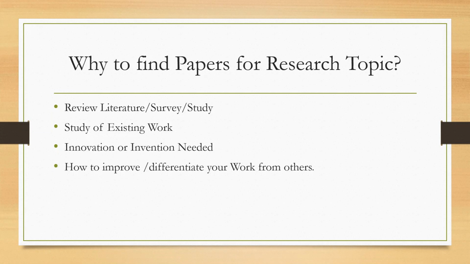Next, the study of existing work. That study will apply to your application, whether it is a prototype, a research paper, a patent or a copyright. Next, we need to check whether our topic is innovative or has an invention. While doing this literature survey, we'll come to the conclusion of whether there is any scope of improvement. Because if we are not doing this literature review, we cannot say what kind of work has already been done by other people.